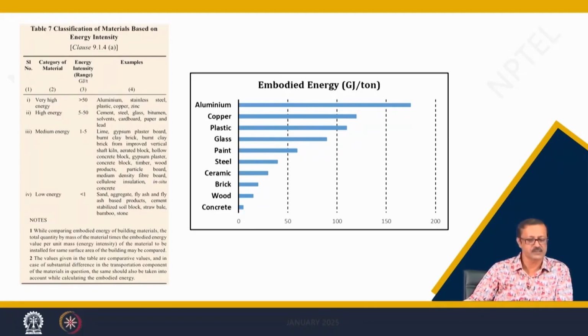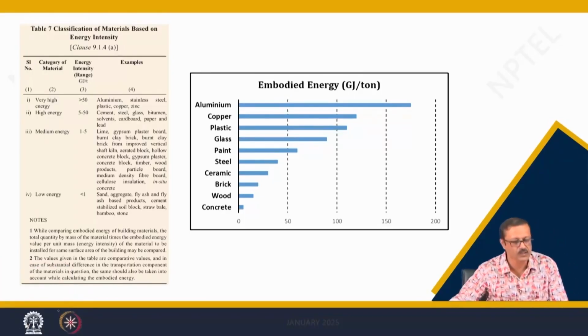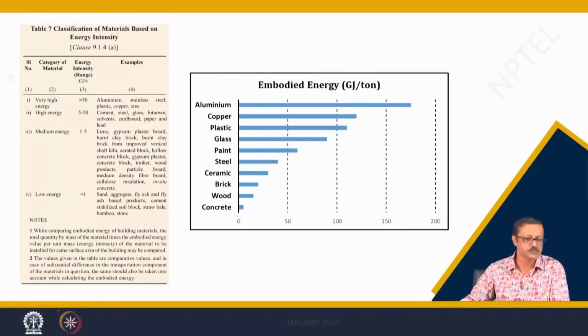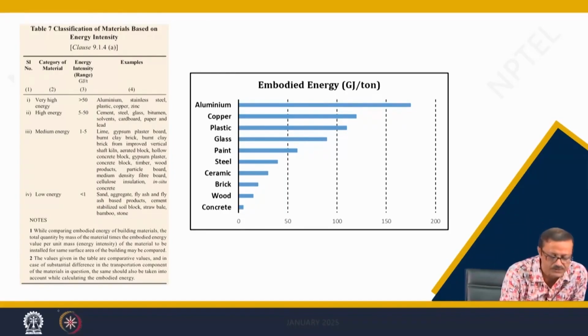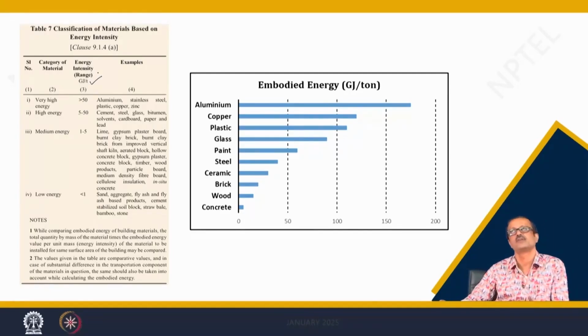The first segment is for aluminum, stainless steel, plastic, copper and zinc. If you see, they are very heavy in the sense of the embodied footprint. They have almost more than 50 gigajoule per ton. So, those are very high, and we will try to reduce the use of them in construction. Within the range of 5 to 50 gigajoule per ton,